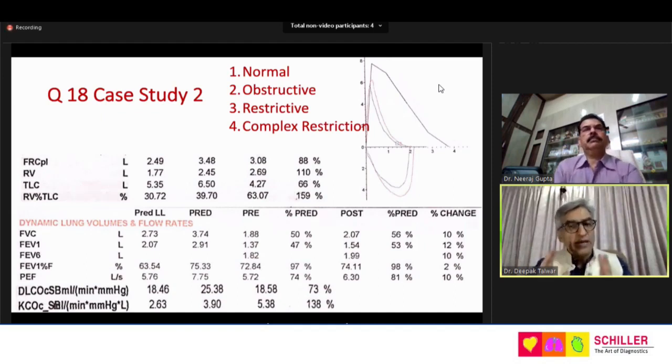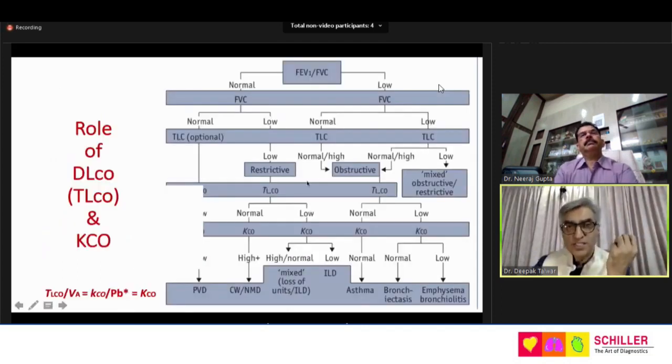So now you are looking at a kind of mixed defect. When you look at the diffusion capacity, 73%, DLCO is reduced, and the KCO is markedly elevated. A markedly elevated KCO will give you some areas of thinking where the restrictive defects are. If we try to put this into the same chart,